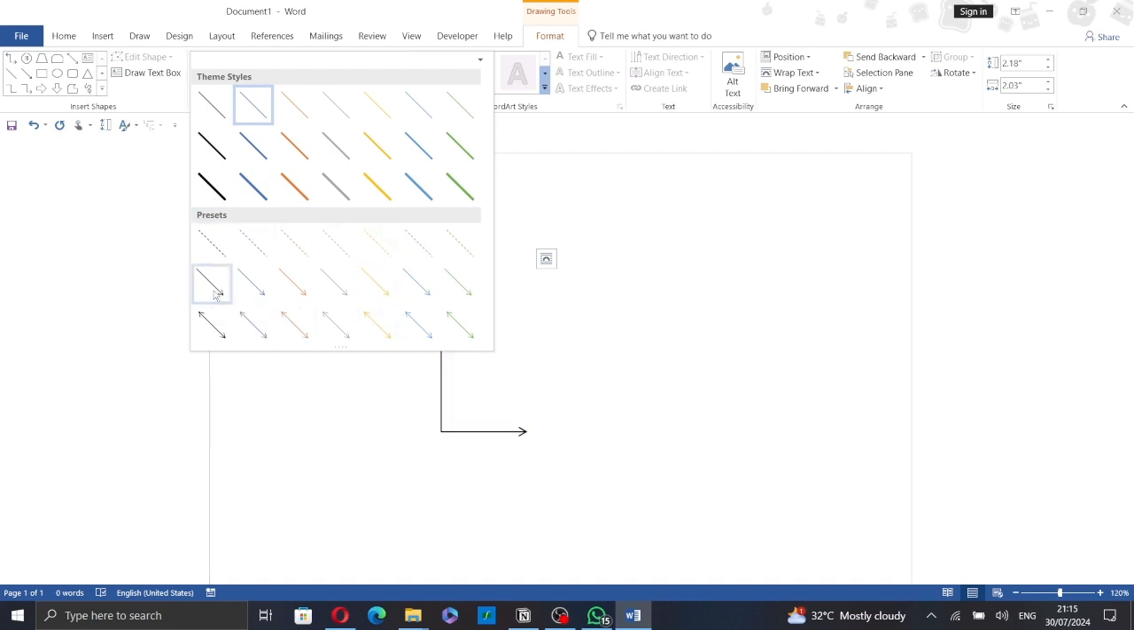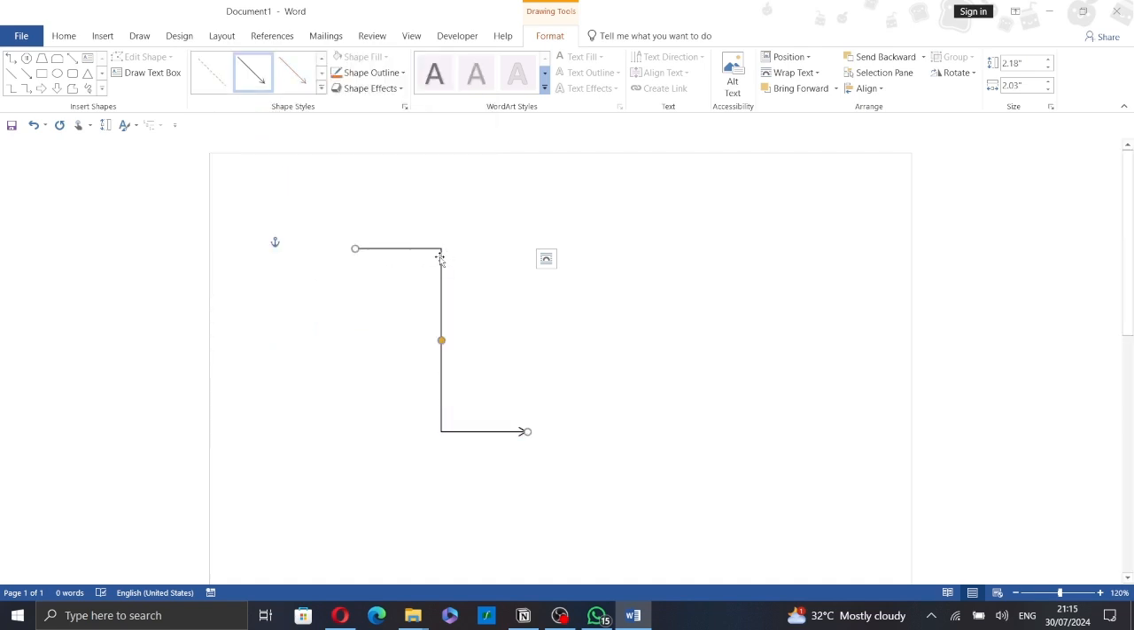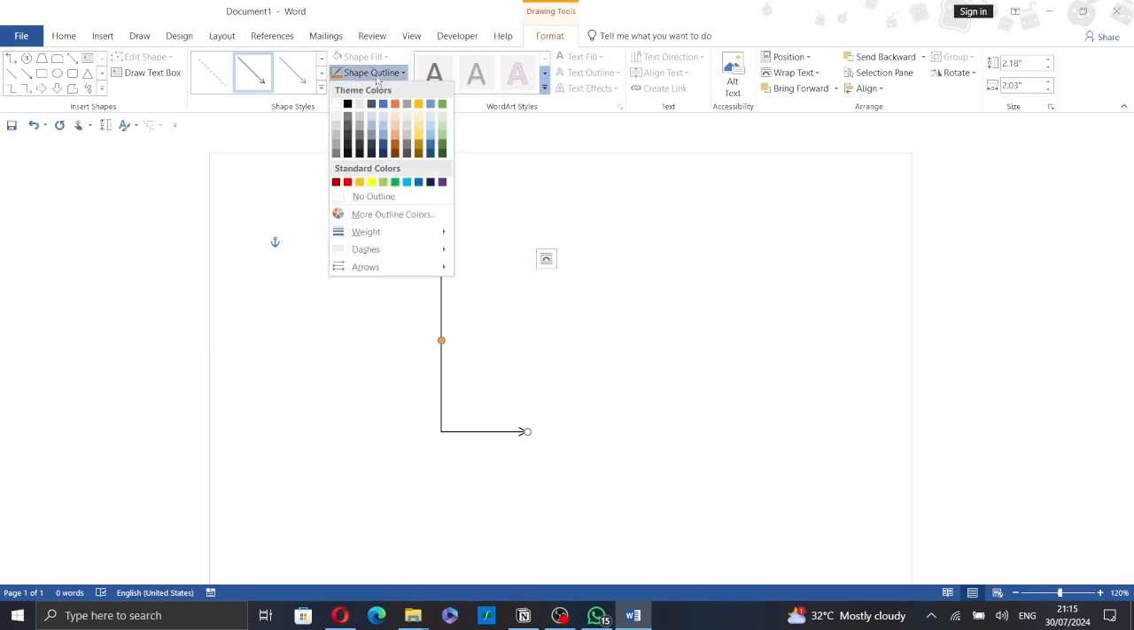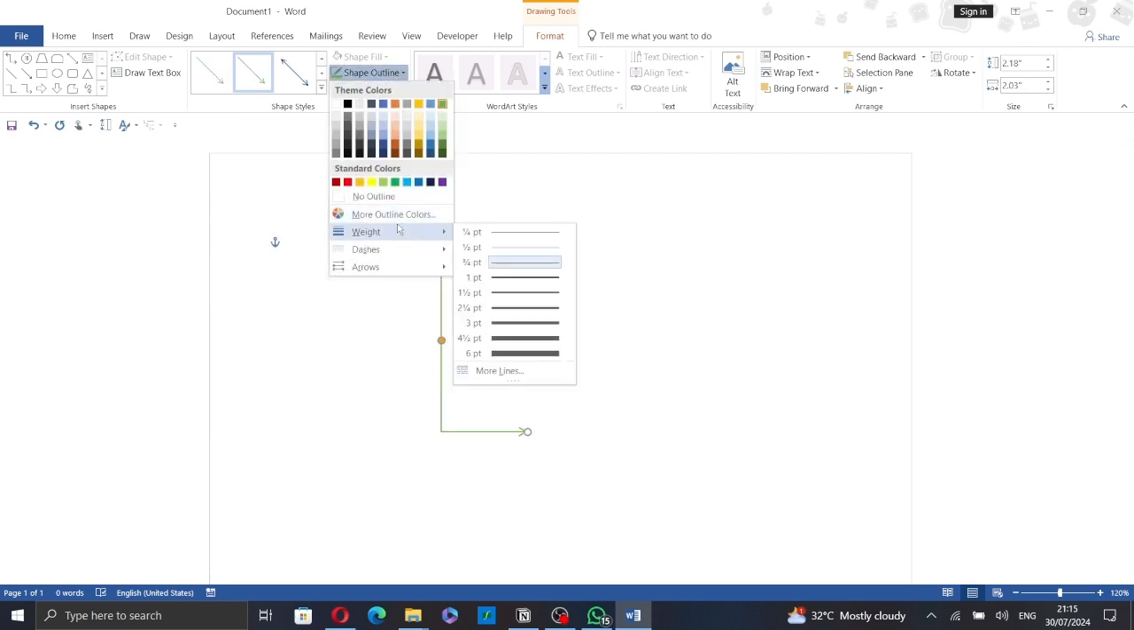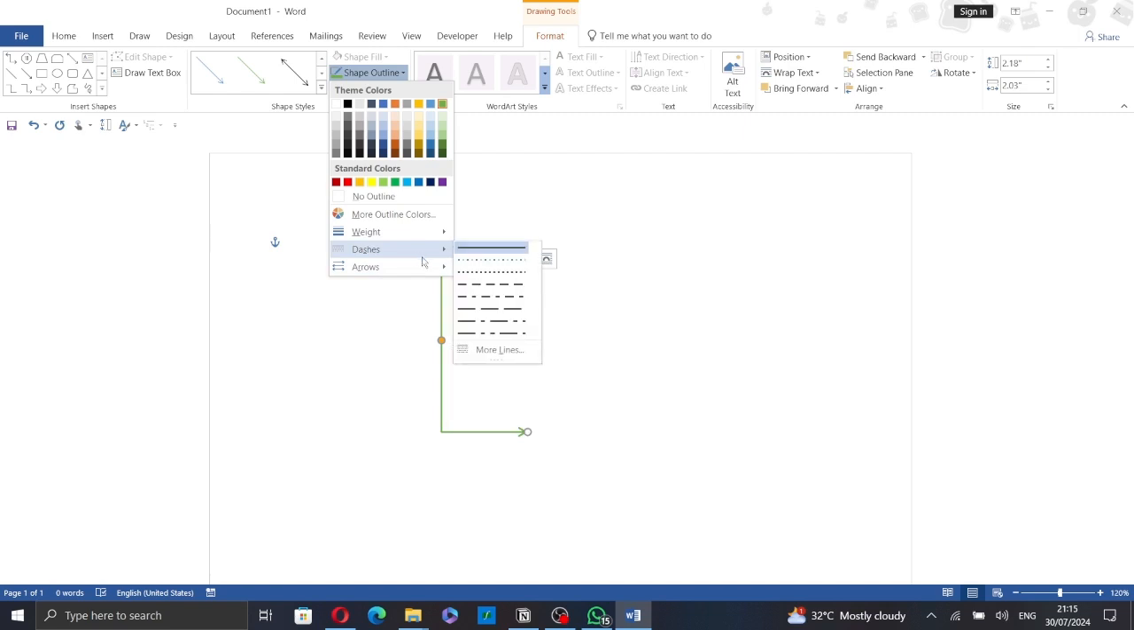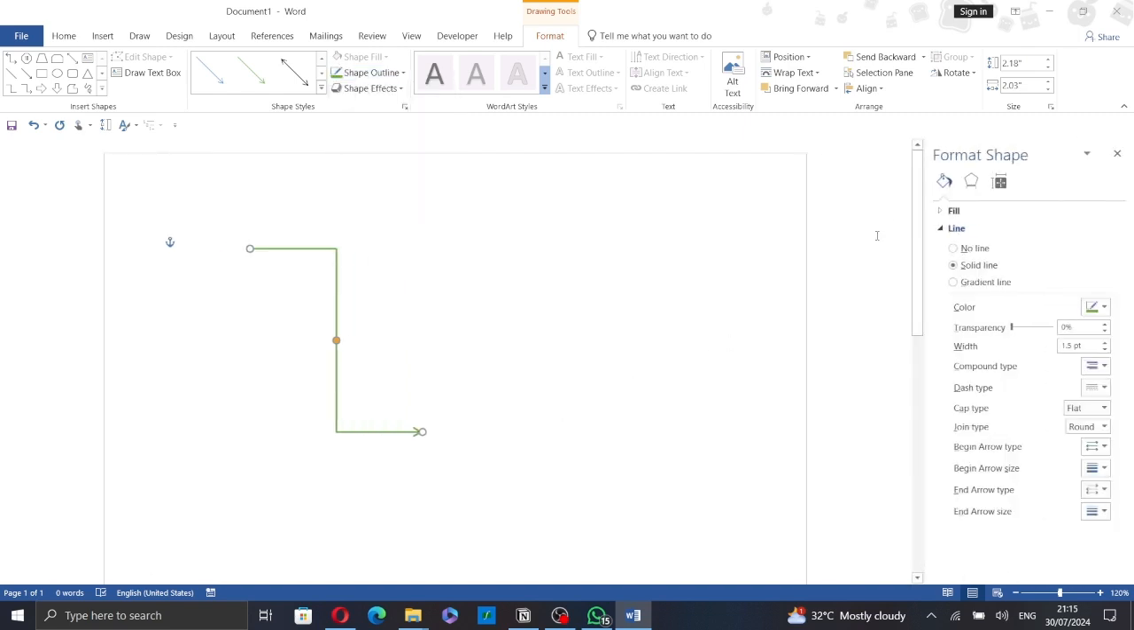Let's select this one, for example. You can also change the shape outline. Let's make it green, for example, this shade of green. You can select more outline colors, change the weight of the arrow, the dashes, and the arrow style. You can also click on more arrows to change